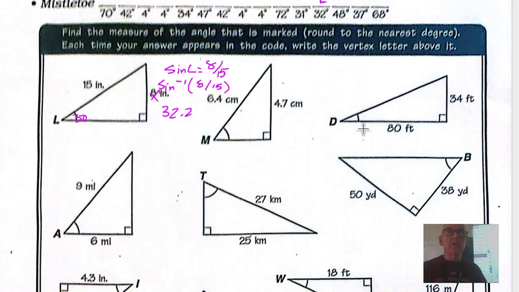That's where the SOHCAHTOA stuff is really important in the beginning, because you've got to recognize whether you have a sine pattern, a cosine pattern, or a tangent pattern. That's the first thing you have to recognize. And then if you're solving for the angle, it's going to be